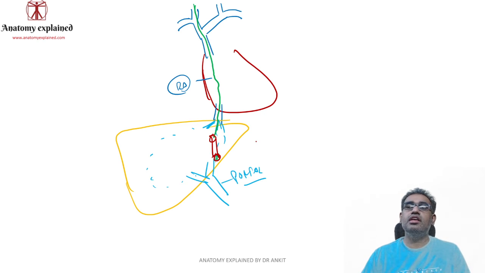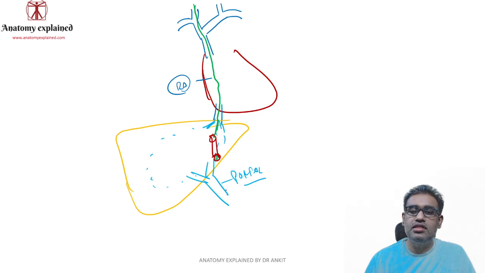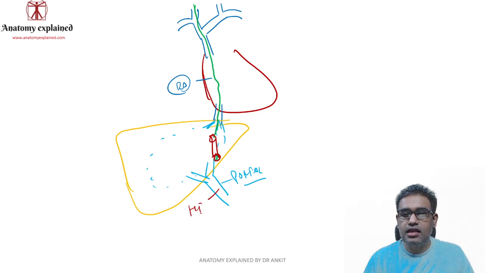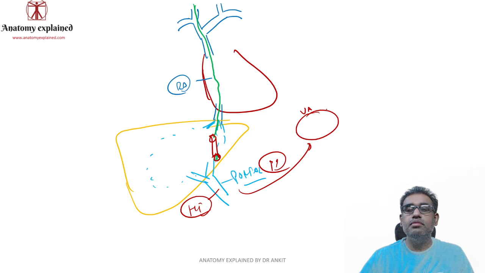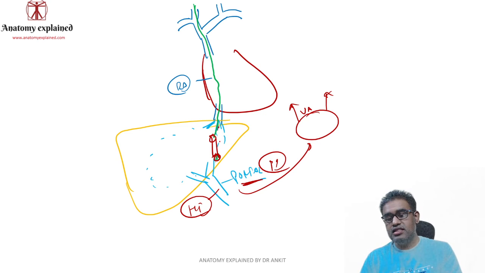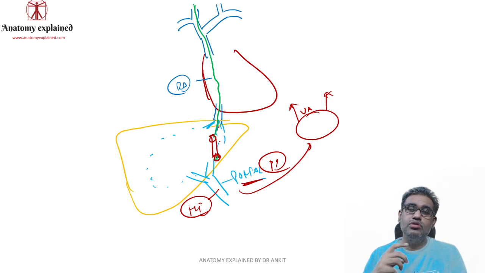You can dilate it with the help of balloons. And why is it done? Because portal hypertension is occurring, as portal vein pressure is increased. So how to relieve that pressure? If that pressure is continuously increasing, it is going back, and all these varices are opening up, that could lead to death. So to relieve the pressure, you shunt from the portal circulation to the systemic circulation. So you join two similar-sized veins from the portal circulation to the systemic circulation.